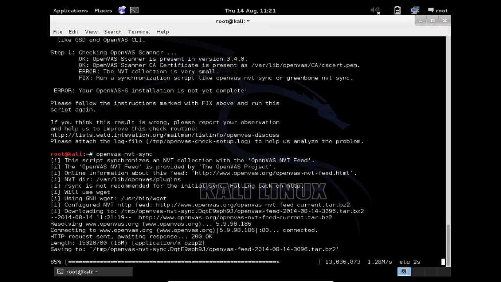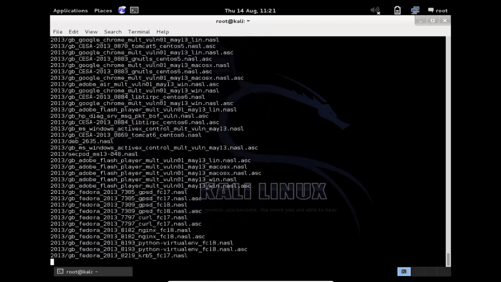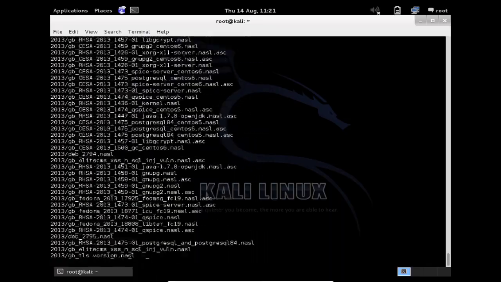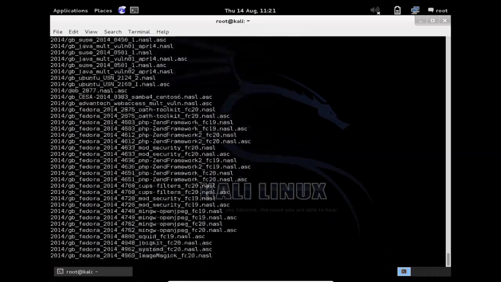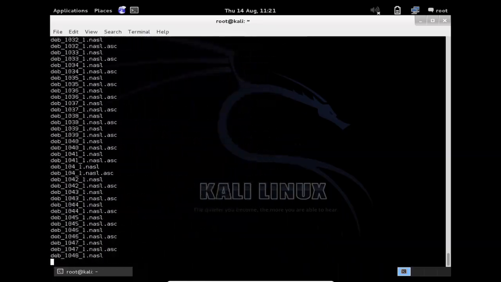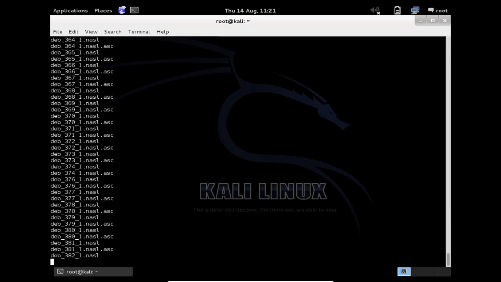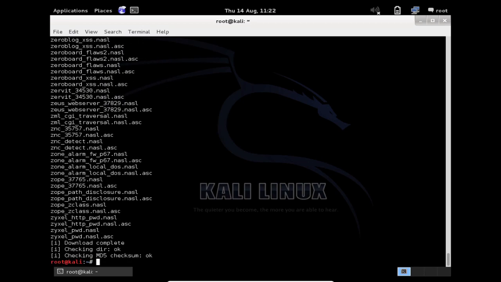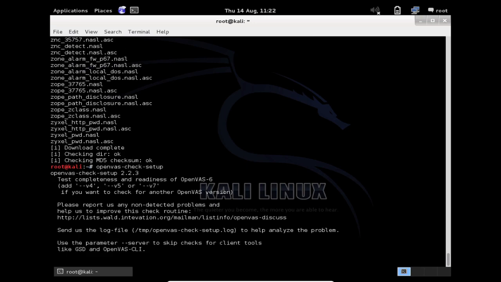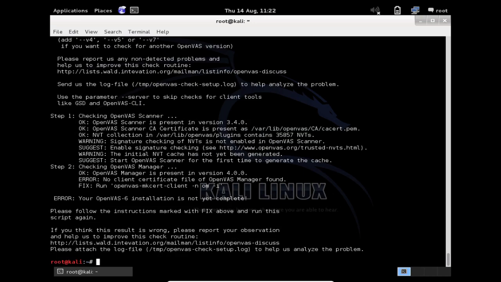It's quite good because it just gives you pointers to say you did that completely wrong, do it again, or this is the next stage in setting it up. So we'll just wait for this to complete. Okay, it's complete. If we do the check setup again, we'll do the same list of checks. As you can see, it's past that stage, and then the next one is telling us to do the make